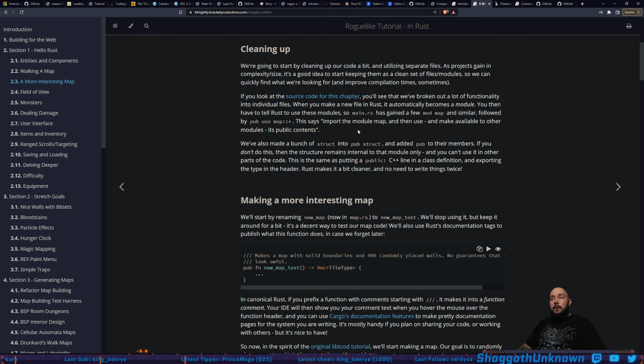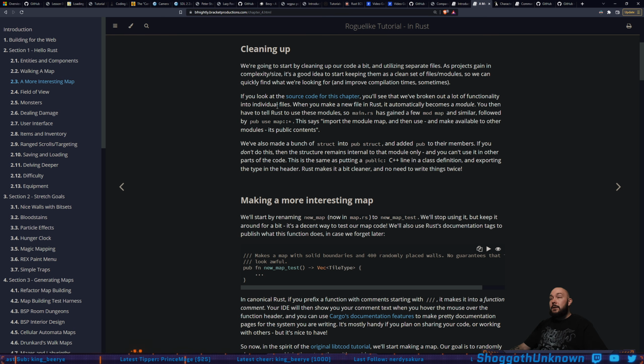As for how Rust handles it, I'm assuming it does the same thing, because the first time you compile, when it downloads all your dependencies, it's a lot slower, and from that point on, when you compile, it's much faster, unless you change the dependencies and it has to pull more in and compile them. I don't know if we'll see any benefit from that here. Maybe, because it does look like you get quite a few modules later, but just something to point out. So anyway, if you look at the source code for this chapter, you'll see that we've broken